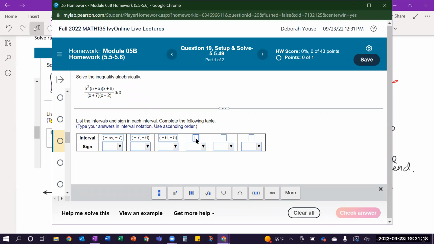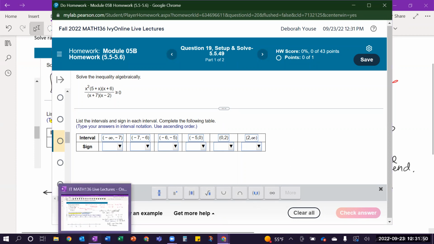And then we went from -5 to 0, I believe. My cursor over. And then we went to 0 to 2. And then 2 to infinity. And I need my template. There we go. So now, going back to the page I can write on,